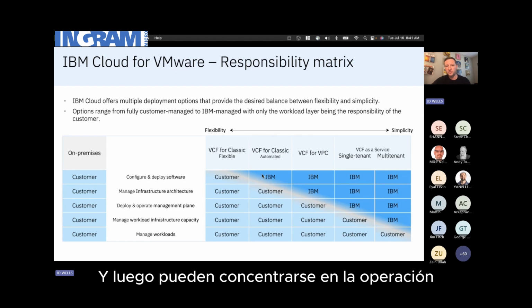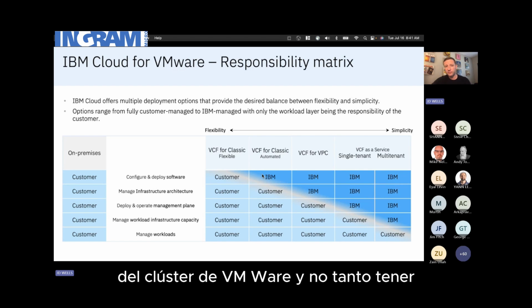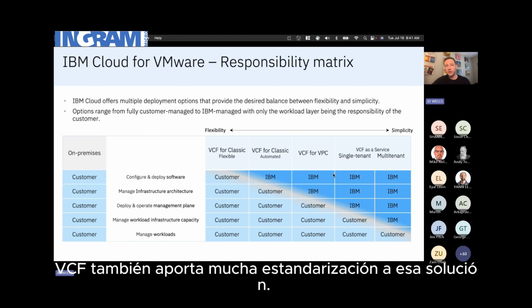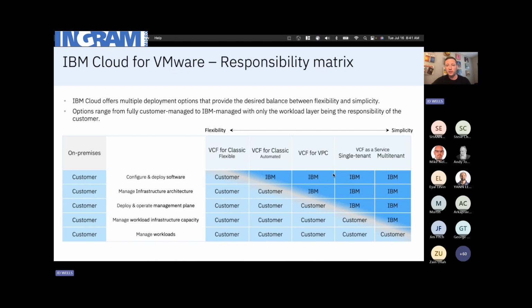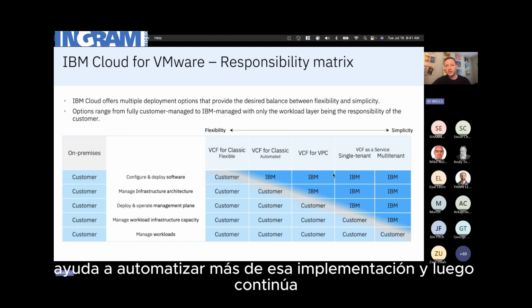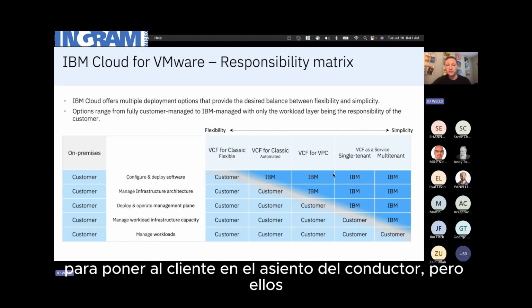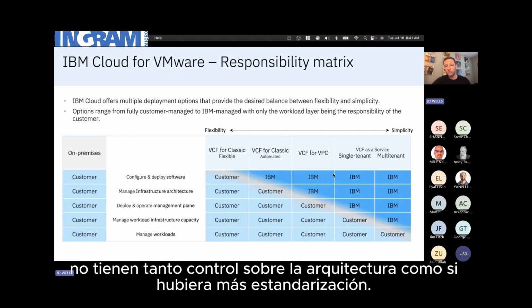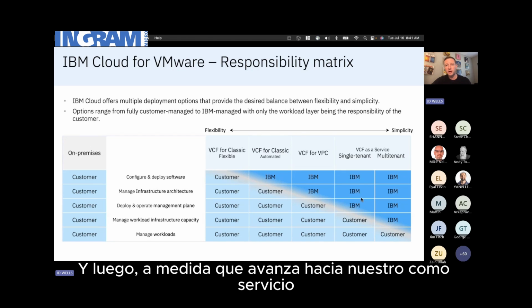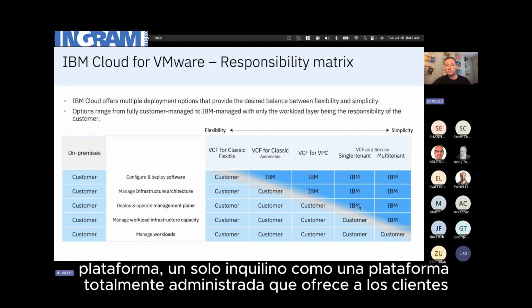And then they can really just focus on the operation of the VMware cluster and not so much having to design it necessarily. VCF brings a lot of standardization into that solution as well. And VCF on VPC now simplifies some of the architecture, helps to automate more of that deployment, and then continues to put the customer in the driver's seat, but they don't have as much control over the architecture as there's more standardization. And then as you move into our as a service platform, single tenant as a fully managed platform